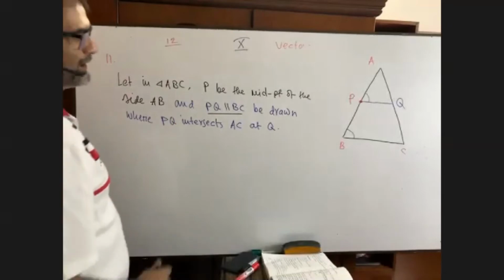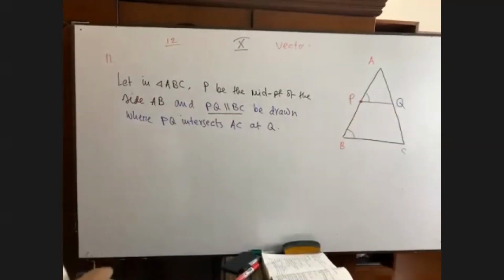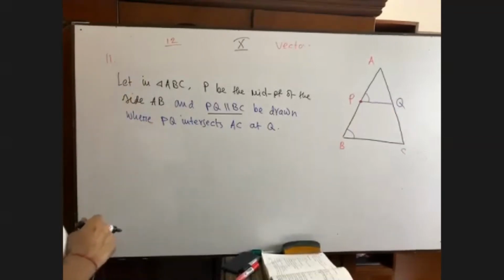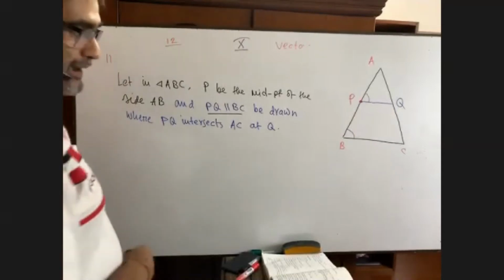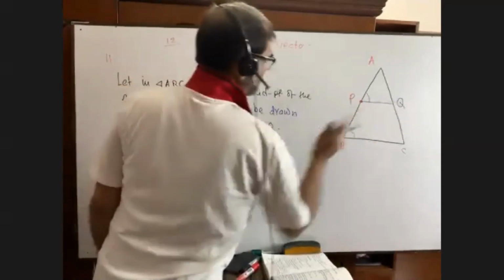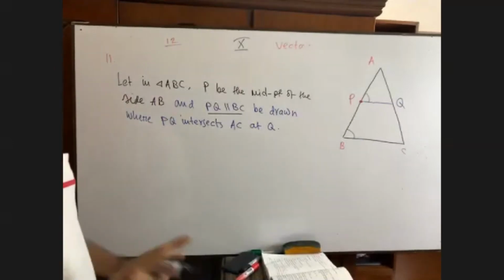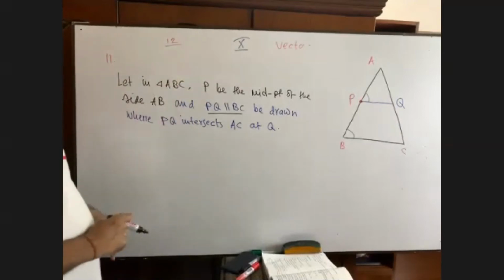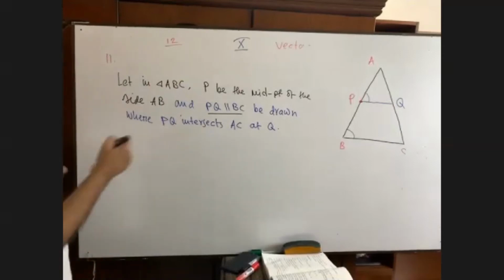We have to prove that the parallel line PQ thus drawn will bisect AC. I mean, AC will be bisected at the point Q. In the previous math, it was also given that Q is the midpoint. But here we have to prove that Q is the midpoint. Have you got me? For the previous math, it was given that Q is the midpoint. Okay, but in this math, we have to prove that Q is the midpoint. Write down with the help of vectors.